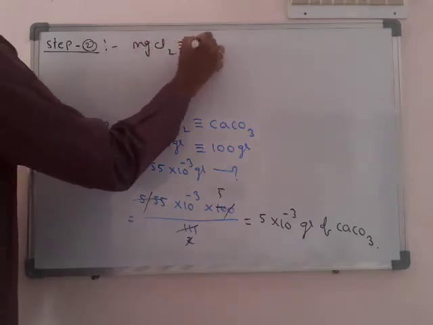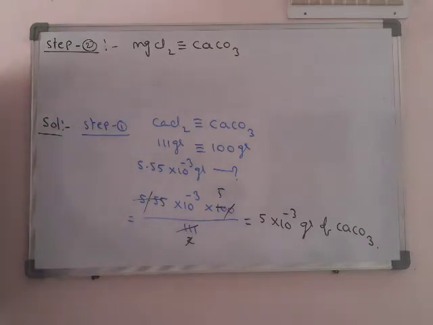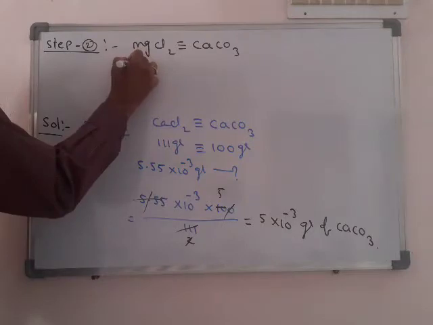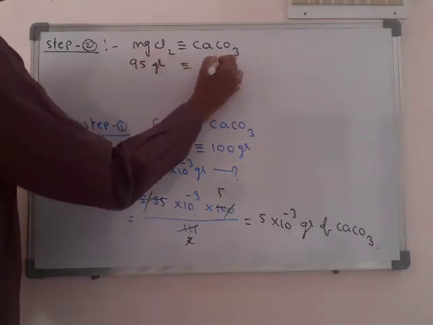So magnesium chloride and calcium carbonate. So compare their molecular weights. So what is the magnesium chloride? It's 24, 71, 95. So 95 grams is equalized with the